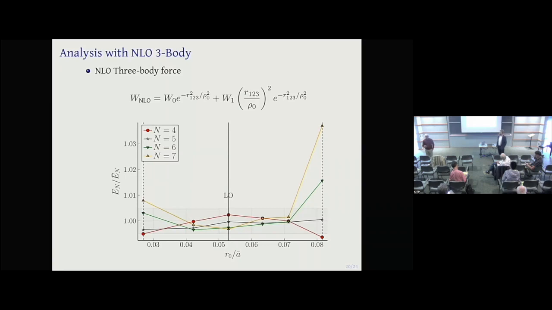There is a lot of space, I agree. There are some recent studies in nuclear physics on multiple cutoff theory. But if the ultimate goal for pionless EFT, for example, is to send the cutoff to infinity, it doesn't matter if I use two values, but I have an extra free parameter to play with. And then maybe I don't need the extra term in the three-body force. But this is the scheme that they are proposing.